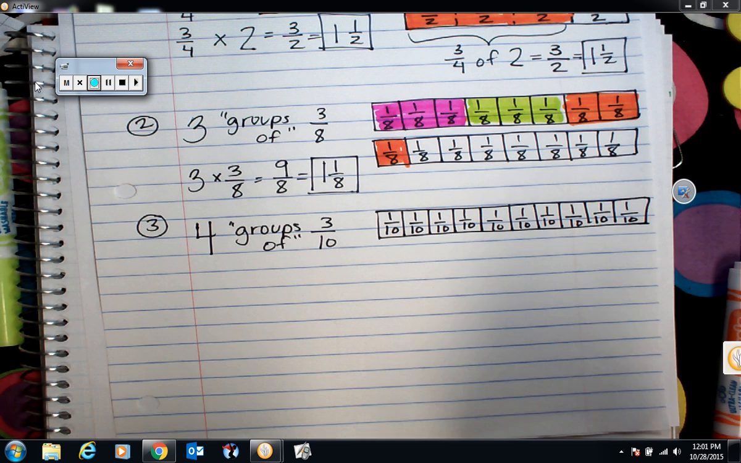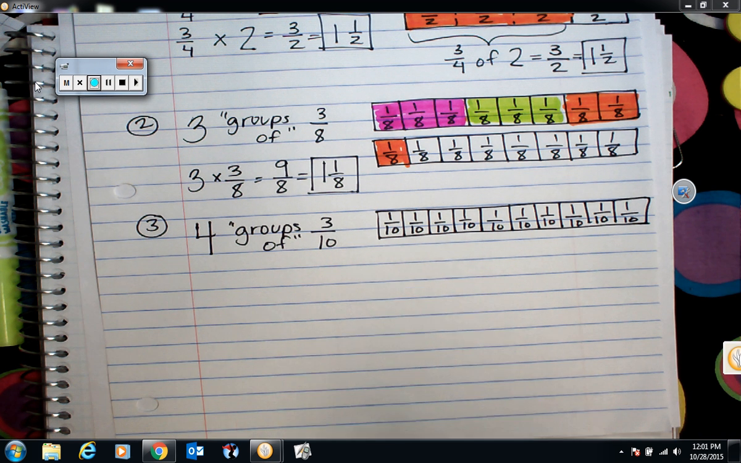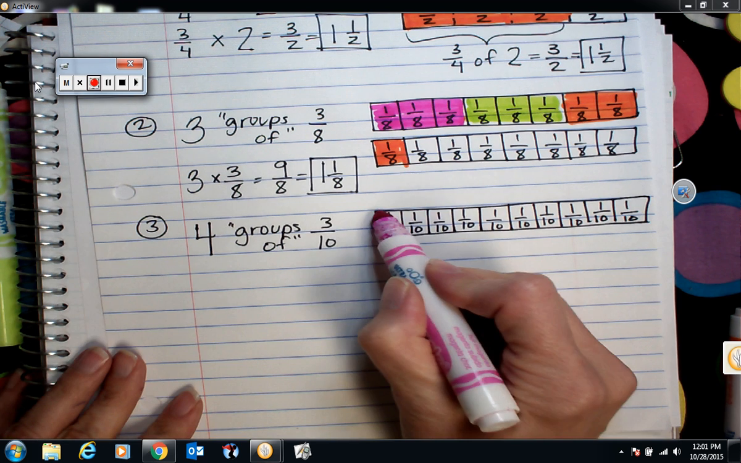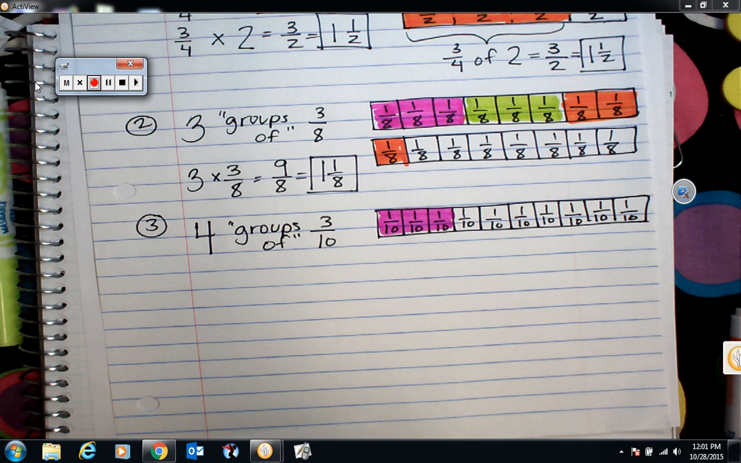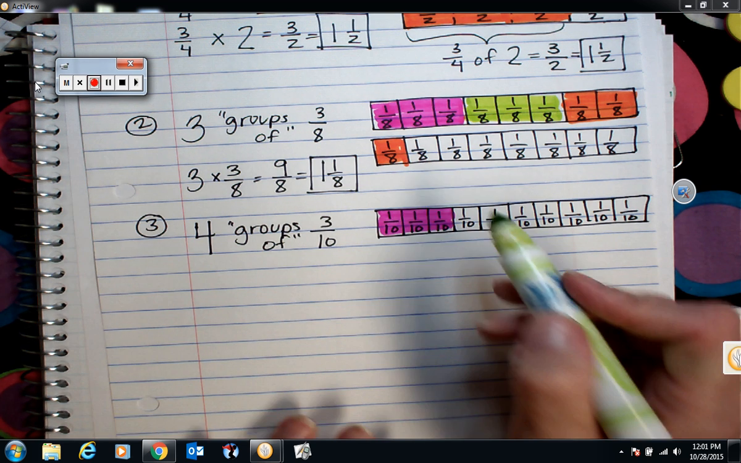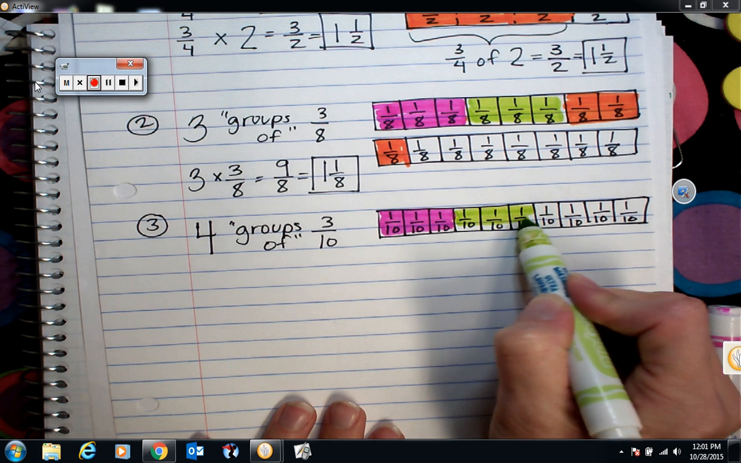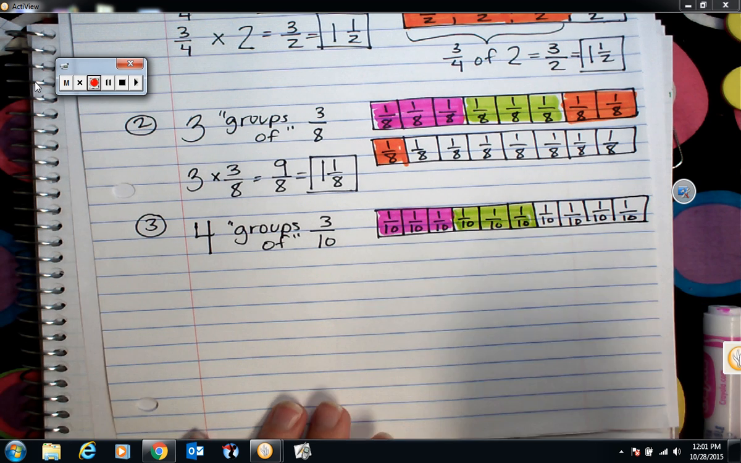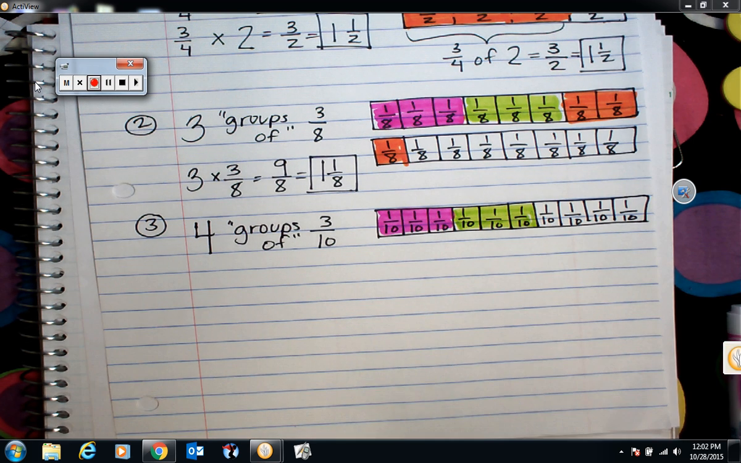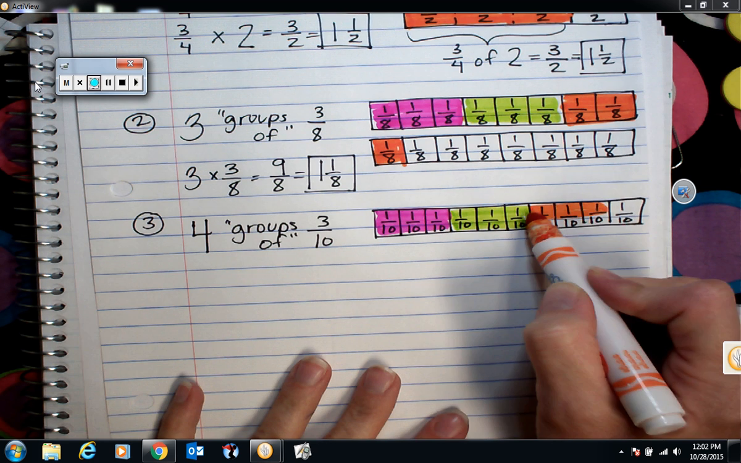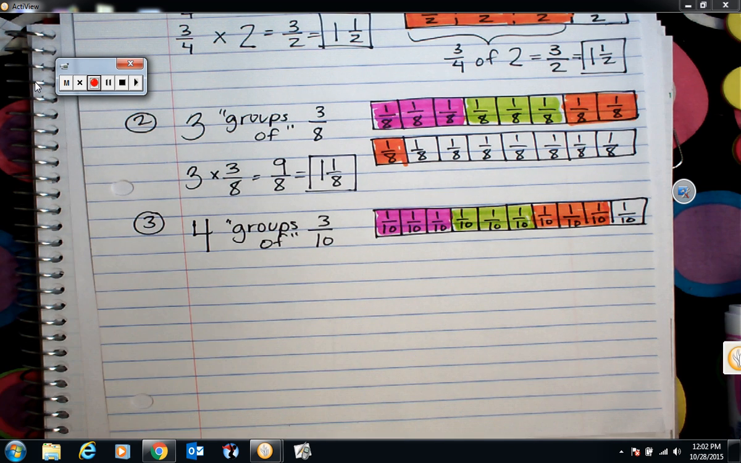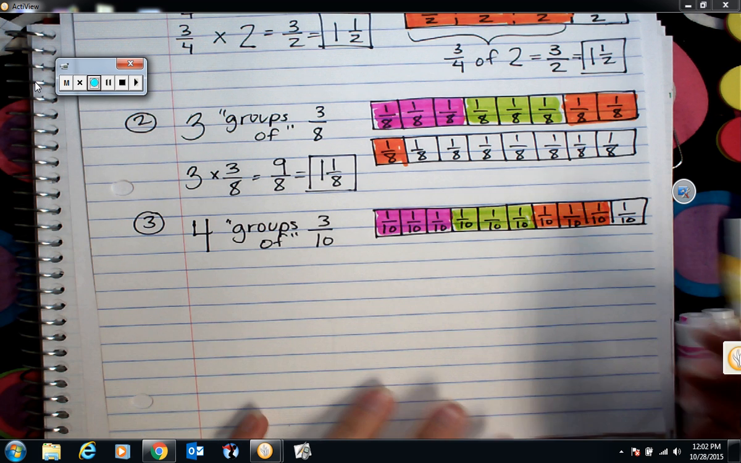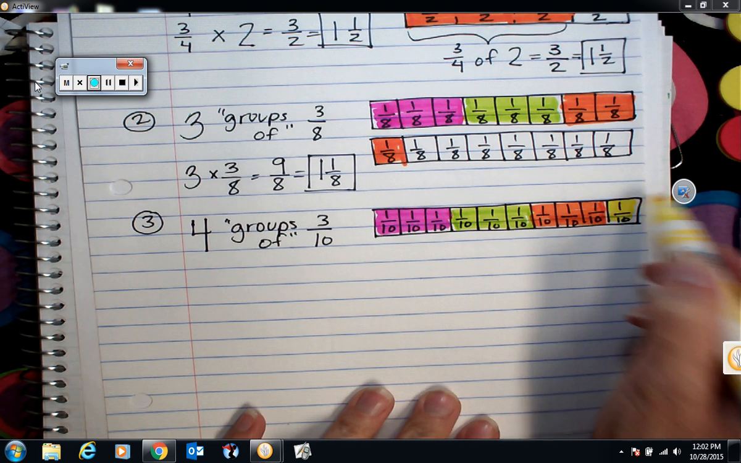So I'm going to shade in one group of 3/10 with one color. And then another group of 3/10 with a different color. Now I have 2 groups of 3/10, that's 6/10. A third group of 3/10, that's 9/10. And then when I start to color my 4th group of 3/10, it looks like I need another